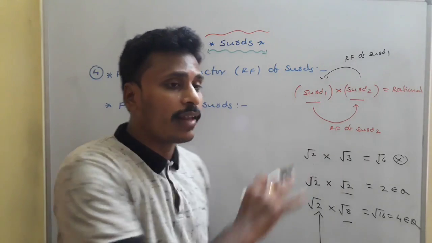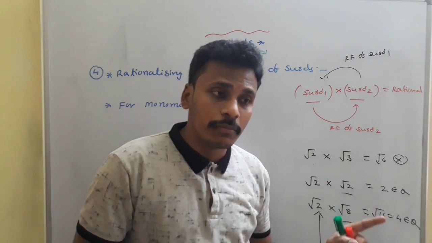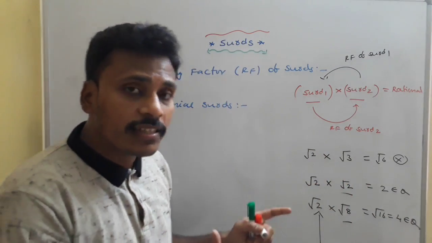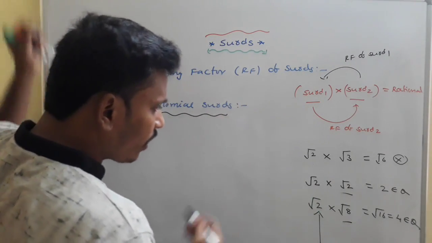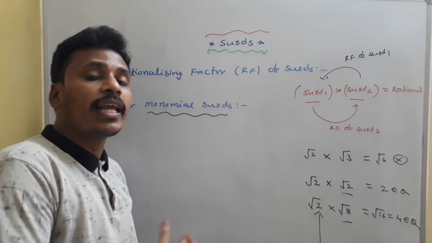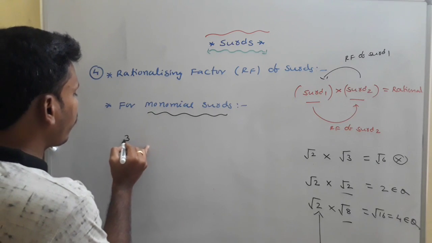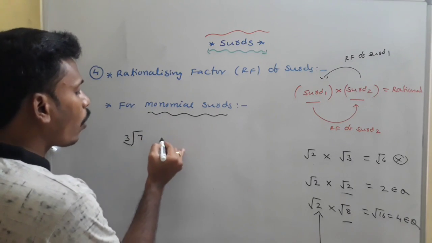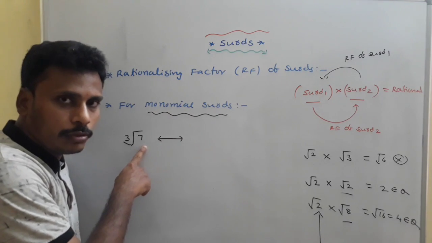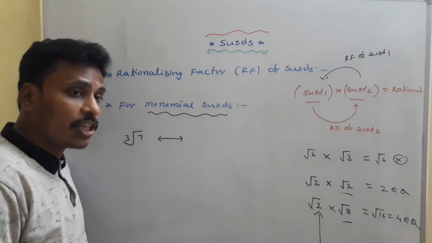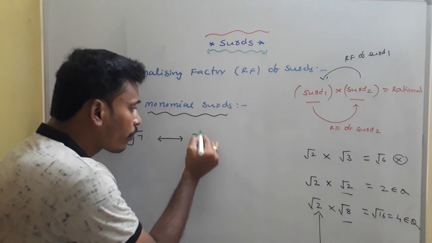Okay, so this is something about the rationalizing factor. Basically, if the product of two surds is a rational number, then those two surds are considered as rationalizing factors of one another. I will give you some simple examples for monomial surds to identify the rationalizing factor. Since we are trying to get a rational number, we need to get a balanced number in the root. Suppose I have cube root 7. What is the rationalizing factor of cube root 7? Because there is only one 7 in the cube root, but to make it rational we need three sevens in the cube root. So its rationalizing factor is simply cube root of 7 square.